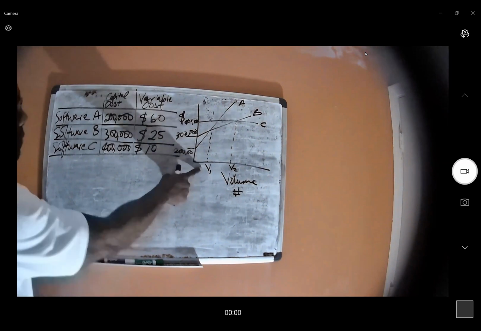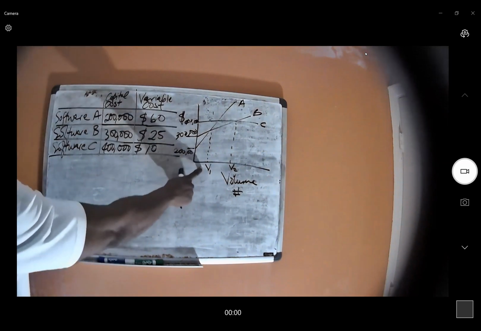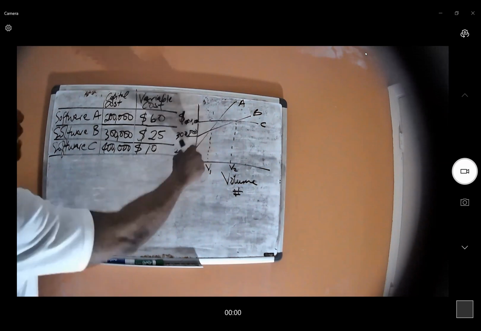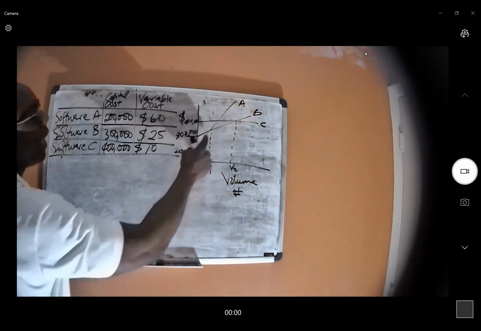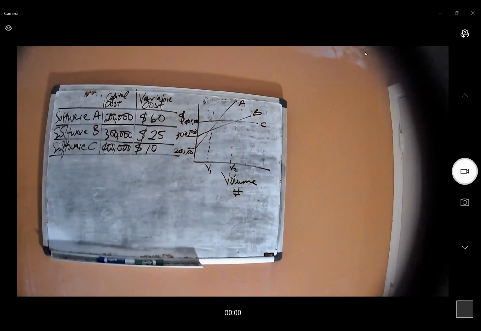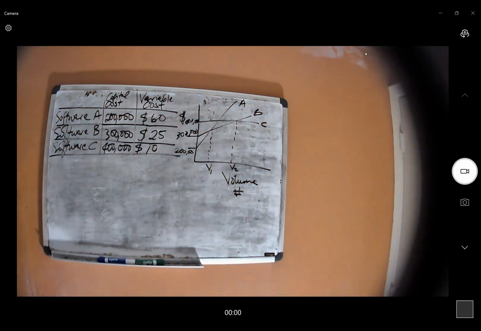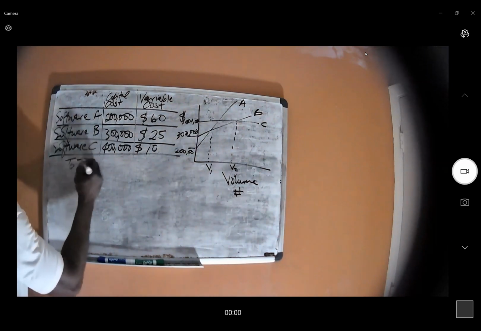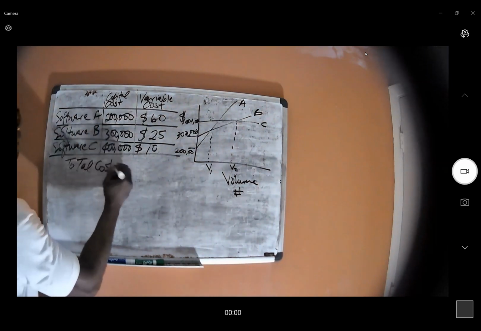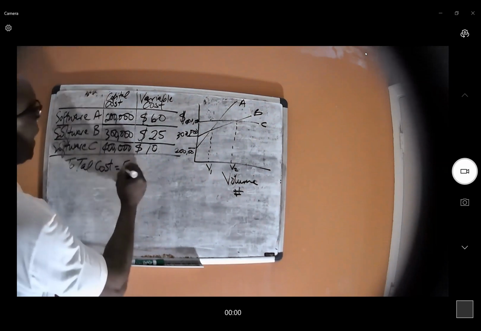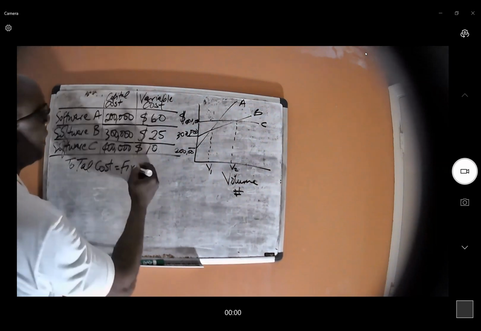So here's the thing. At this point, V1, your total cost for A and the total cost for B is equal. You see that? They cross over, so they're equal at that point. Yeah? At that point, your total cost for software A and software B is equal. So you know that total cost is equal to your fixed cost. Fixed and capital are interchangeable, all right? Fixed cost